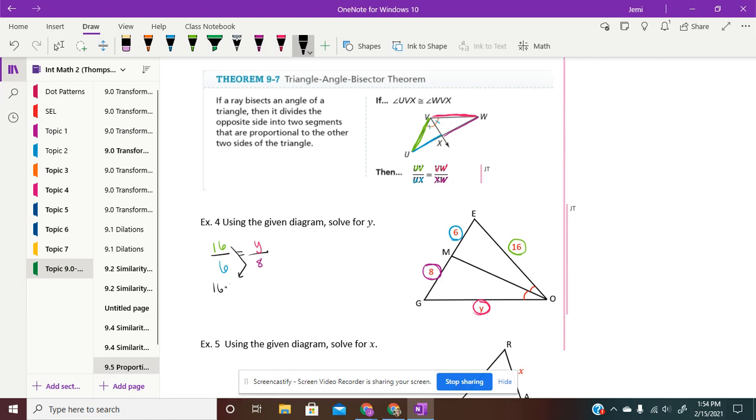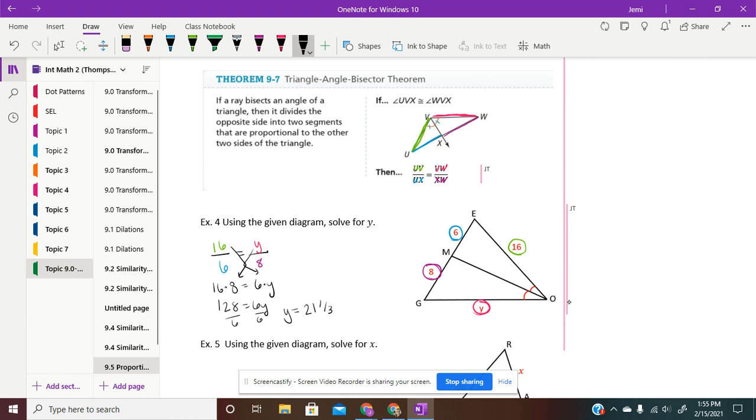So 16 times 8 is equal to 6 times y. 16 times 8 is 128, divided by 6. And I'm left with y is equal to